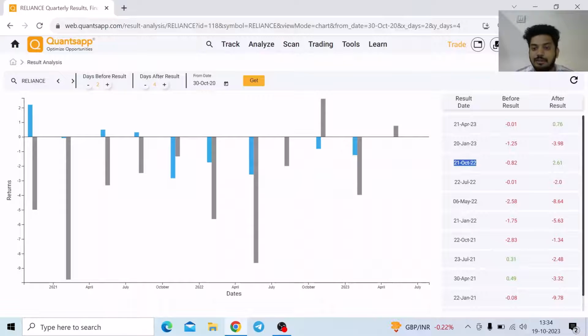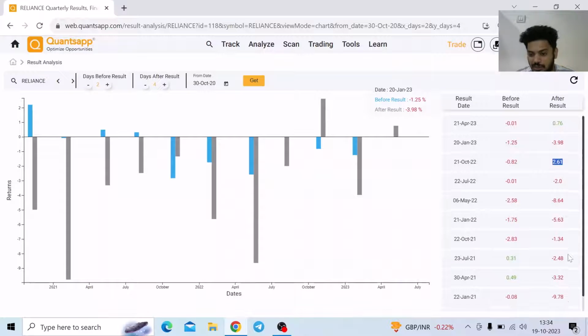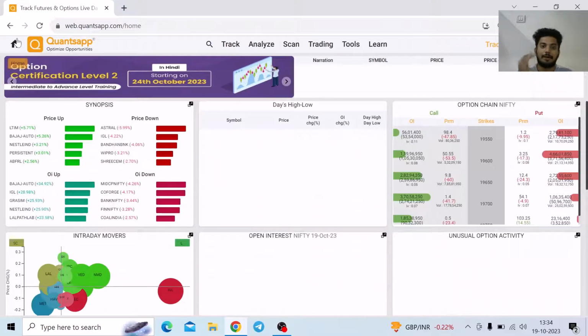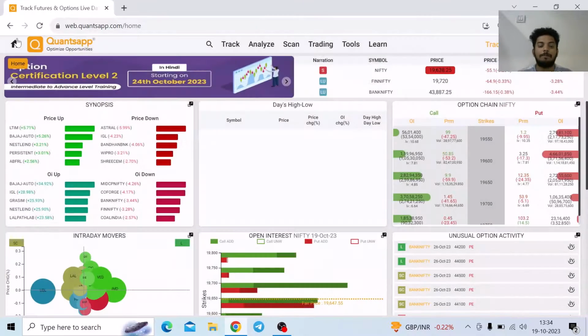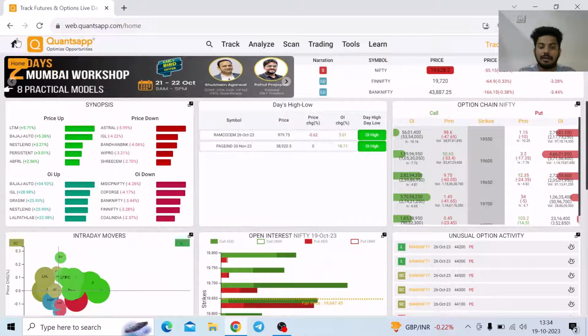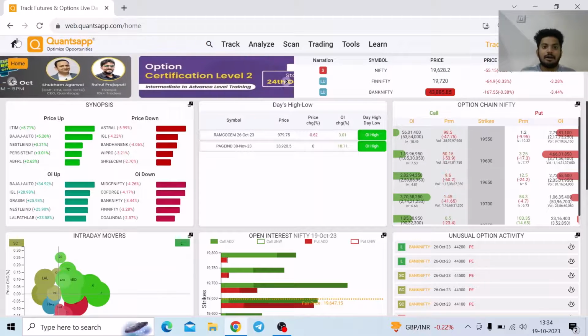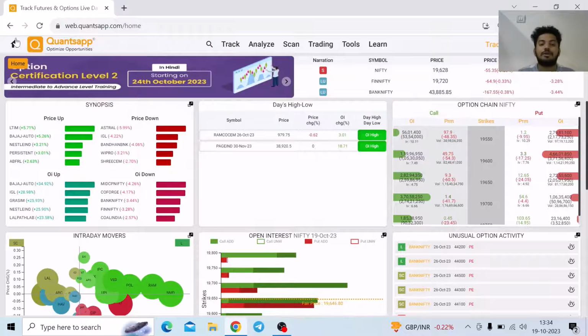So it announced its result on 21st of October 2022. Only that time, 4 days after the results, it was positive. Rest, if you see all the times historically, it was negative. So we can form a bias on any particular instrument which is going to announce its result using the result analysis. So yes folks, we learned about the implied volatility, how can we use implied volatility in our trading around the events, and also we learned about how can we go ahead and form a bias on any particular stock if it is